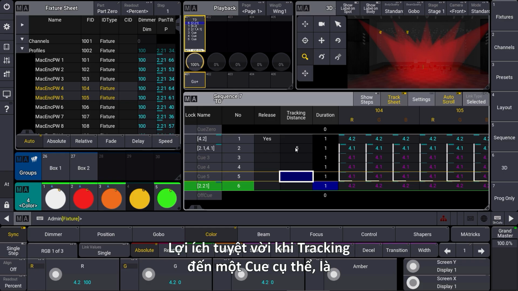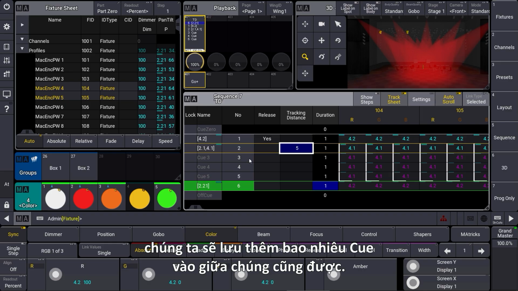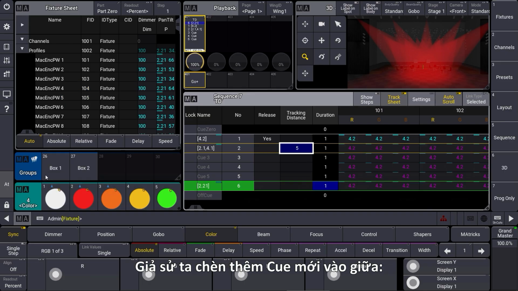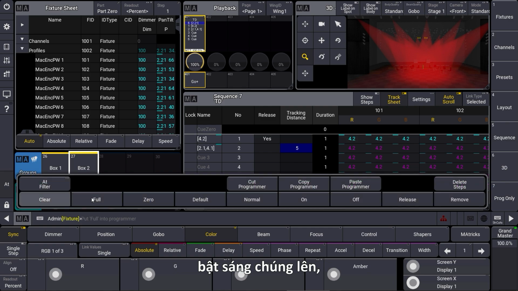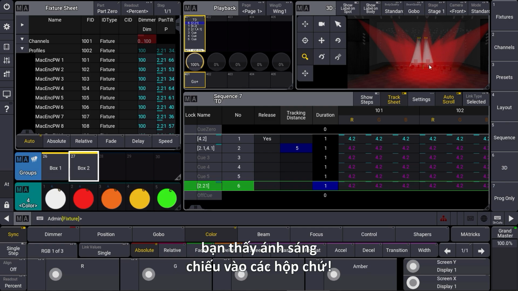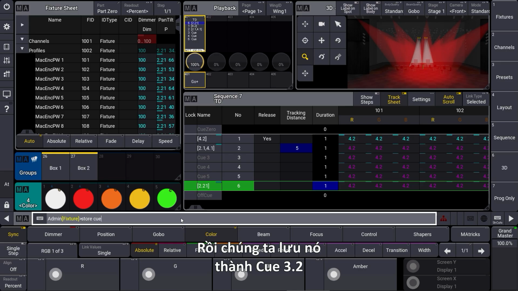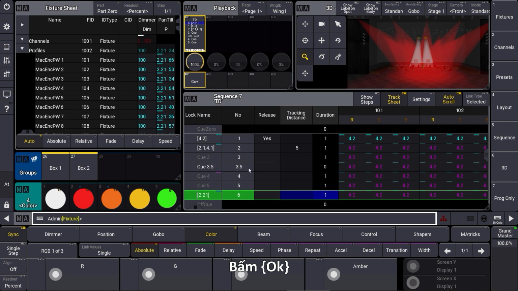The great benefit of the absolute cue number here is that it doesn't matter how many cues I will store in between in the future. So let's assume we have a different cue here with our box fixtures and they are coming to full. You can see they point at the boxes now, and we store this as a cue 3.5, so in between. We just use this cue only, for example, use OK,